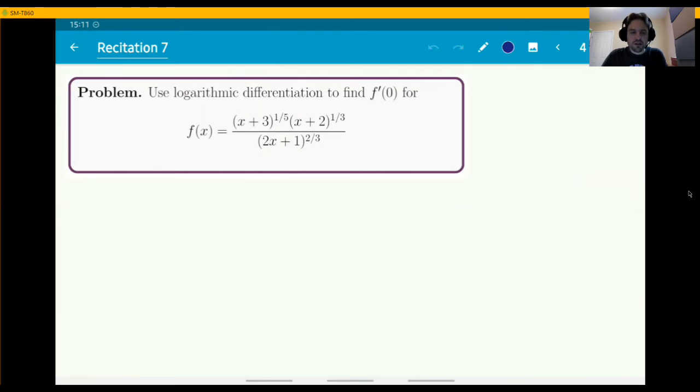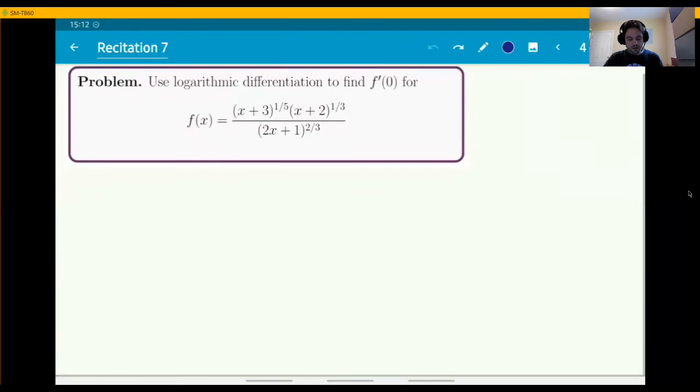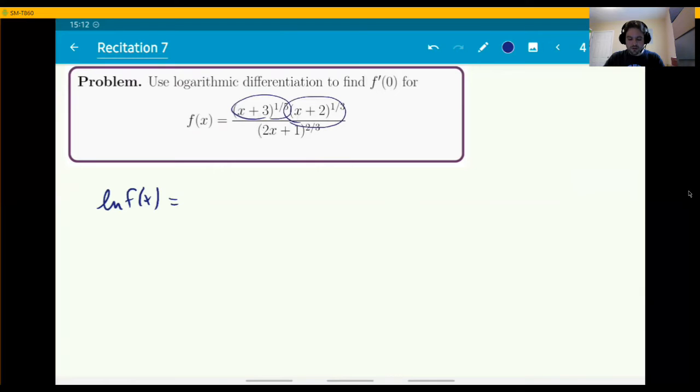A standard one, once again: use log differentiation to find f prime of 0 for this crazy mess of a function. You definitely don't want to find the derivative of this using the quotient rule, but logarithmic differentiation will make your life much easier. What is the log here? We need the log of the numerator minus the denominator. And when you take the log of the numerator, that's a product of two terms, so those two will get combined in a plus. So like this, log of,